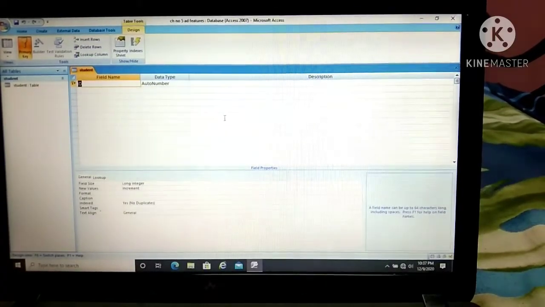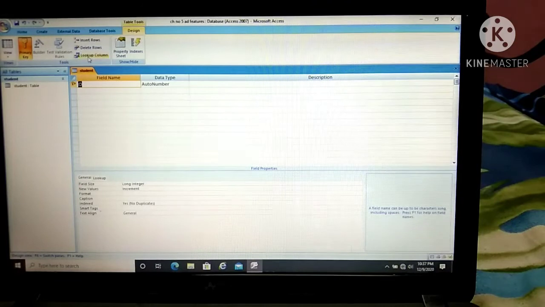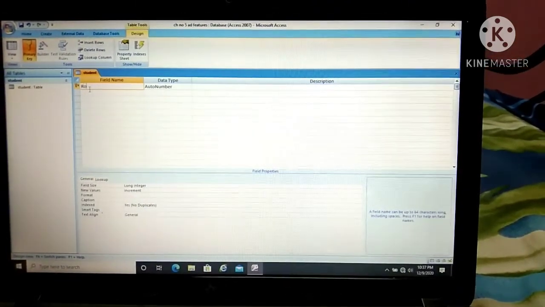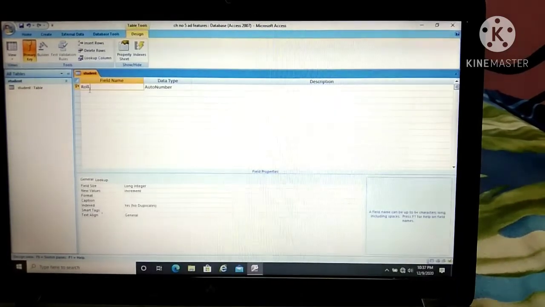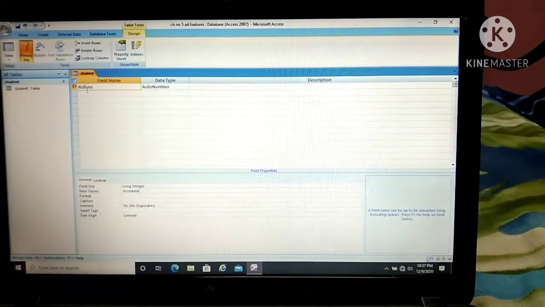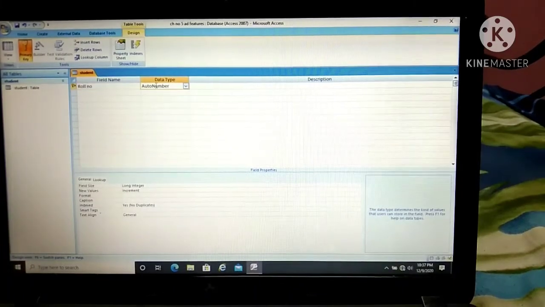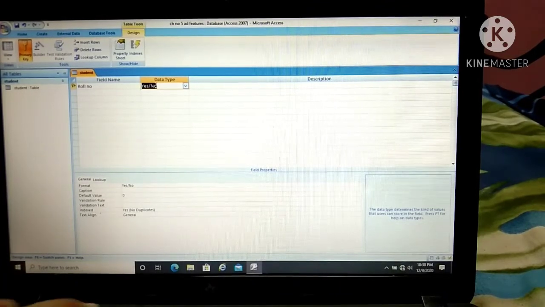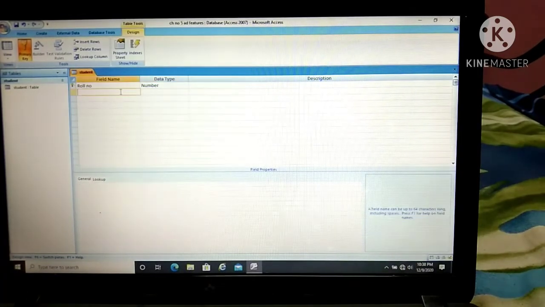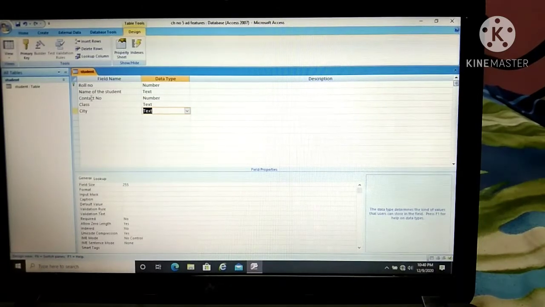Now type the name for the field. First we will type the roll number instead of ID. ID will also work, but let's use the roll number here because we are making the table for the students. So your roll number will be preferred. So the next data type, you can use the auto number also, and you can also use the number data type. I already explained to you what the data type is. Okay, so I hope you can go with it. This data is sufficient now.